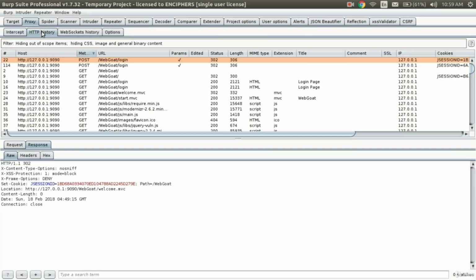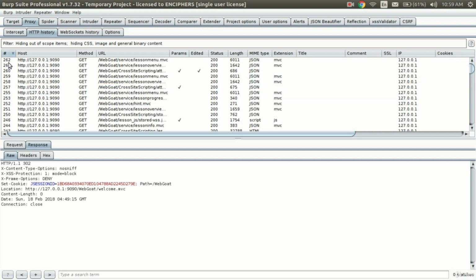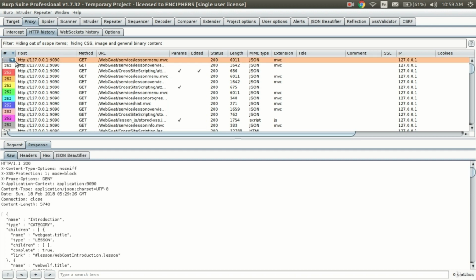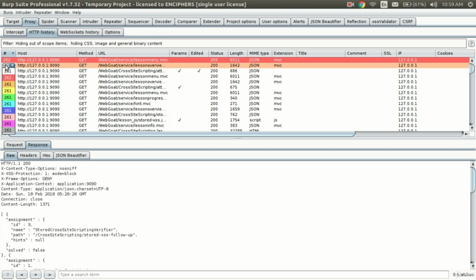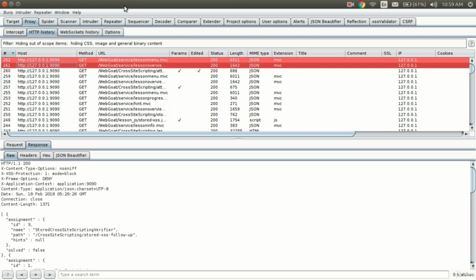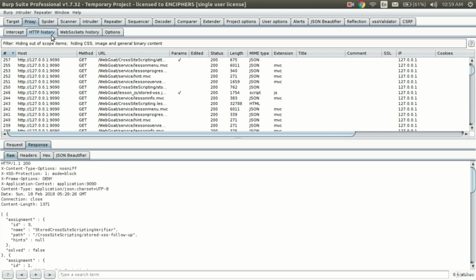Now, if you see the HTTP history, you can always filter by any type. This is the latest request. The larger the number, the more recent the request which you have made. You can always change the color if you want to save something. If you are using the free version, you won't be able to see this HTTP history again when you start Burp Suite again. But since I am using the Burp Suite professional version, I am using a temporary project, but I can always save the project so that I can see these responses later on also.